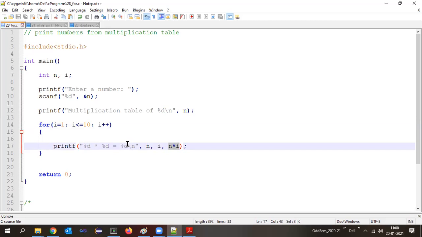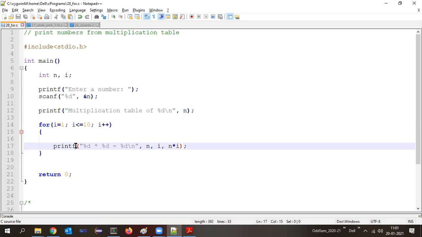Then where does the control go now? Updation. Now i++. Next time when you use i, it has to be incremented by 1. So after executing the updation, where will it go again? Flow of execution: condition. Now again the condition is validated. This time what will be the value of i? 3. So the condition will become true or false? True. True means again it has to enter into the loop and keep on repeating these statements.